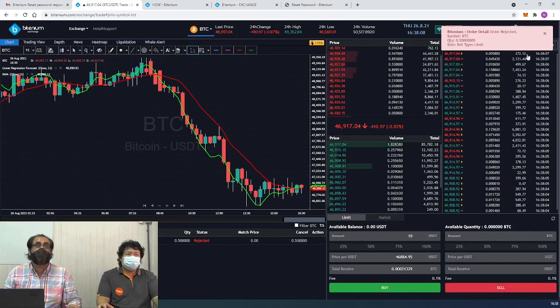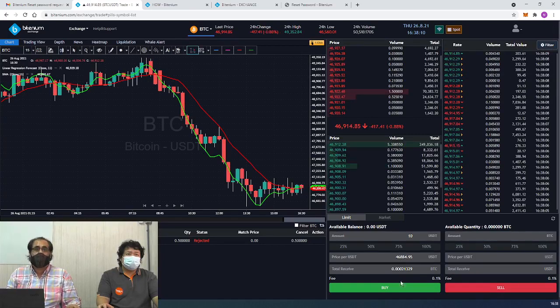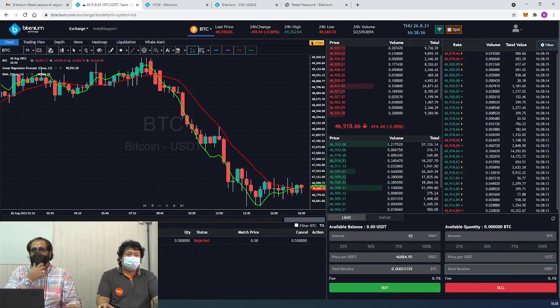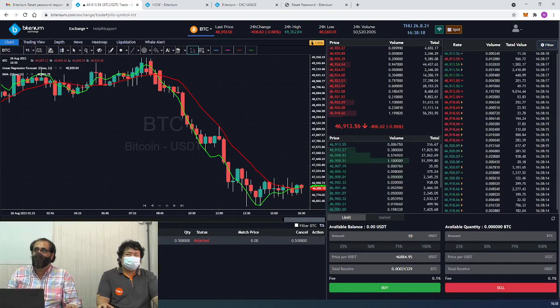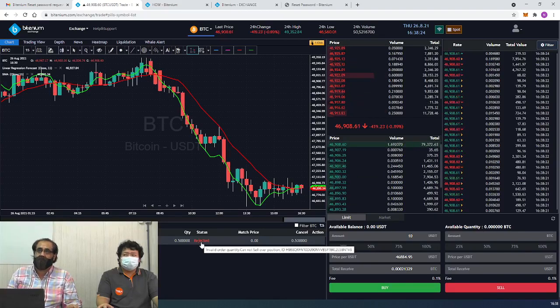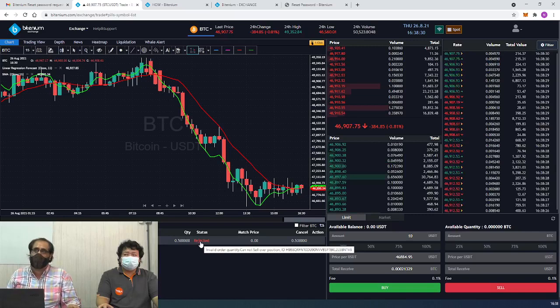This is a simple thing that they show you. A pop-up will come up to confirm or reject, and you will see that your funds are not available. As you see here, it is showing as rejected. Once you put the mouse over it, it will show invalid order quantity and invalid funds, so you will come to know the reason for the rejection of the order.